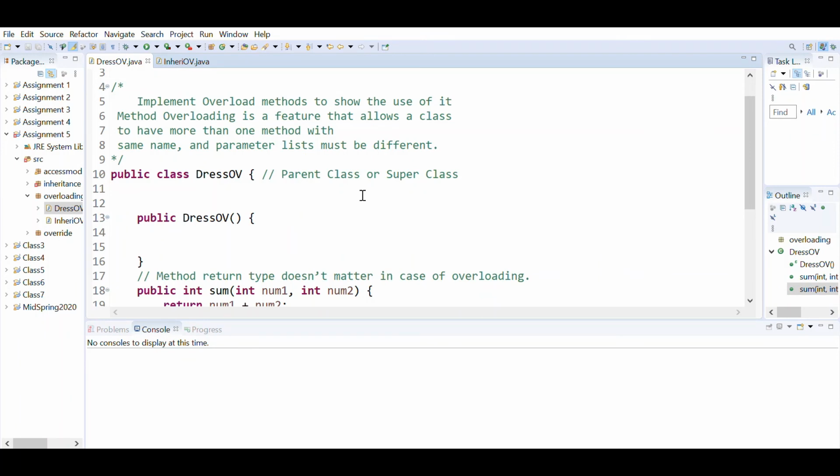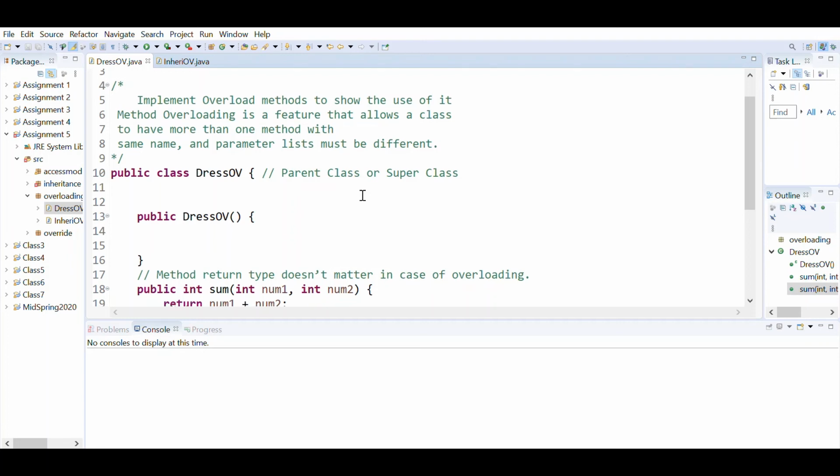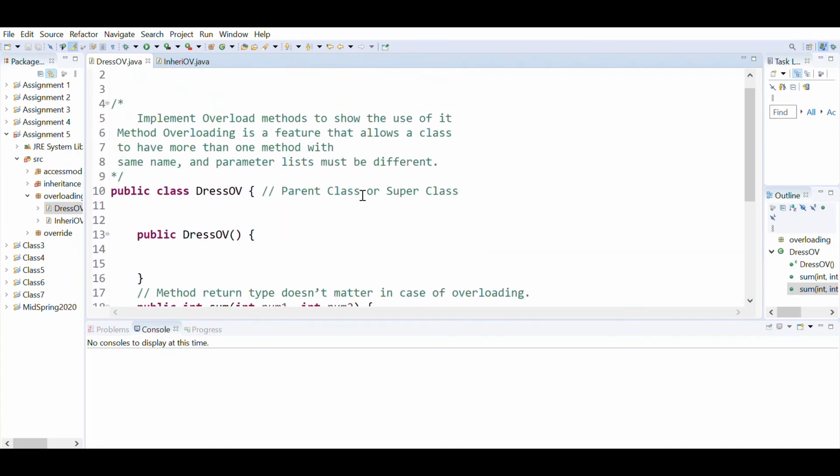Implement overload methods to show the use of it. So what overload actually is, I'll just read the definition first. Method overloading is a feature that allows a class to have more than one method with the same name, and the parameter list must be different. What that means is,